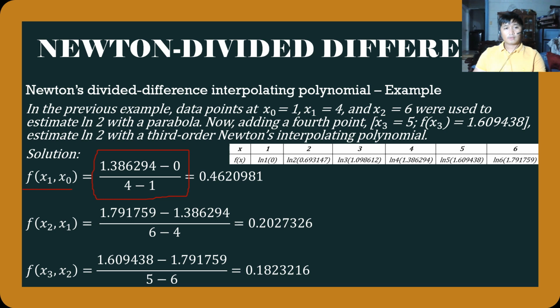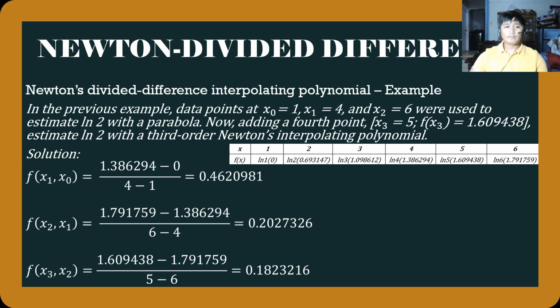Since again, the table that I provided, the two functions become one, and these two will become one function. So this is what happened here. These two functions, x sub 1 and x sub 0, become just one function, and this function now is f of x1, x sub 0. So this is the value.